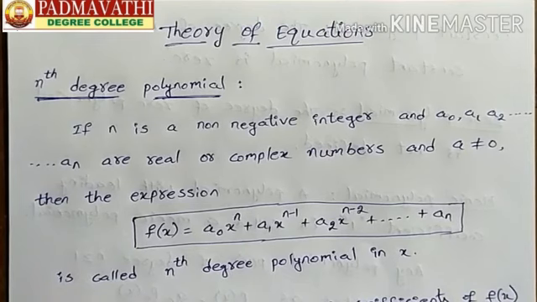Similarly, degree equal to 2 means we call it a quadratic polynomial. In the previous chapter also we learned that a quadratic expression is nothing but a quadratic polynomial. Next, cubic polynomial. Degree equal to 3 means we call it a cubic polynomial. And so on. Degree 4 means biquadratic, degree 5 means power 5 polynomial. Like this we give the names based on the degree also.